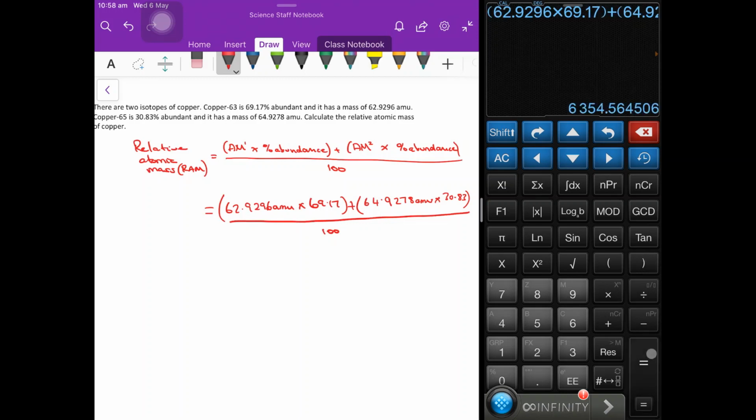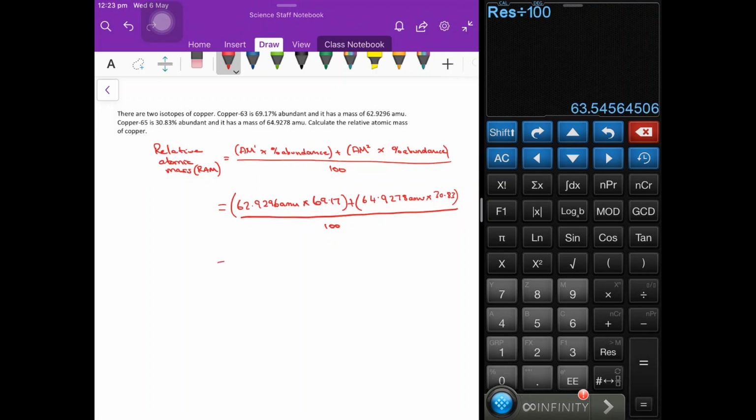I'm going to solve for the numerator first, and I'm going to divide that whole answer by 100. And so the relative atomic mass of copper is equal to